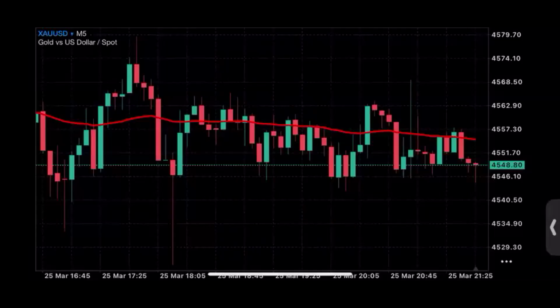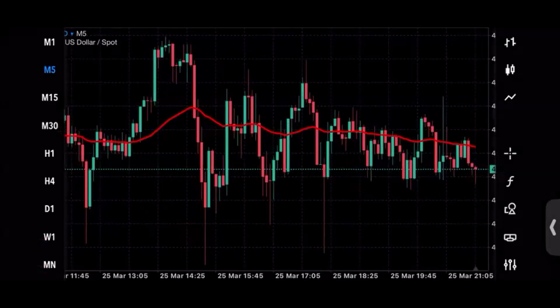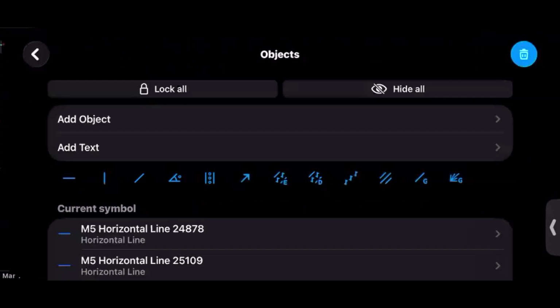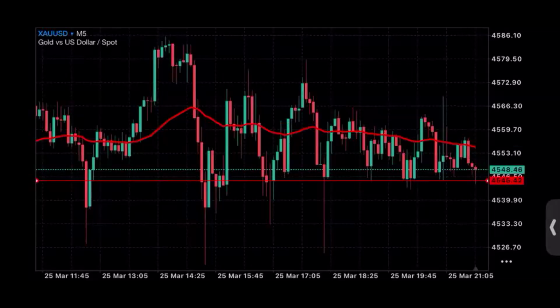So gold is currently consolidating. Can you see this on the 5 minutes time frame? Can you see that consolidation? The massive consolidation happening on the 5 minutes time frame right now on gold. Look at the support level here. There are multiple support levels, but this is the major support level right now, which means price can either break this down or push back to the upside. But breaking it down is more likely than not. I can see there's a very good tendency that price is going to push down very soon. So gold is going to be selling off very soon.